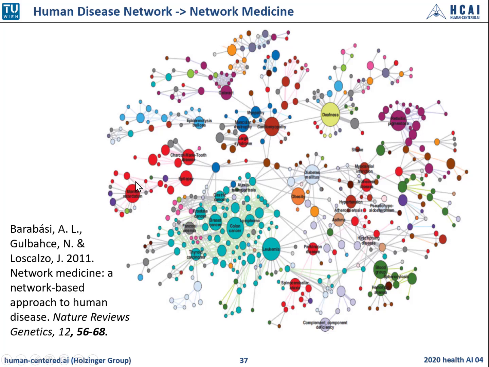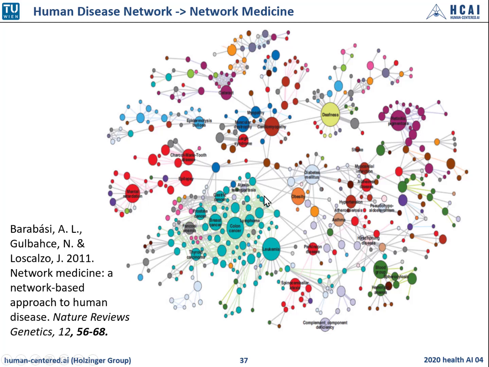Summarizing in this slide, we see a human disease network. The nodes are the diseases. Two diseases are linked if they share one or several disease-associated genes, and not shown here are small clusters of isolated diseases. The node color here directly reflects the disease class to which the corresponding diseases belong. Cancers, for example, appear as blue nodes here, and neurological diseases are red nodes, yeah. And the node size correlates in this image with the number of genes known to be associated with the corresponding disease. So you now have a very brief overview of some examples.